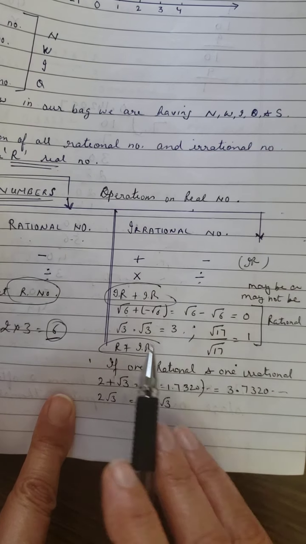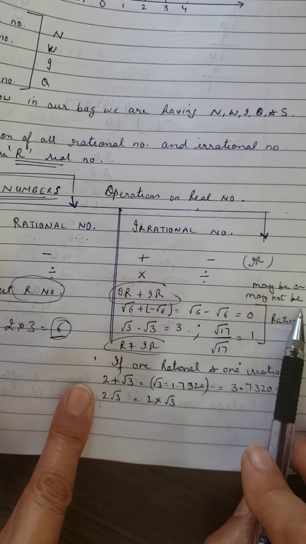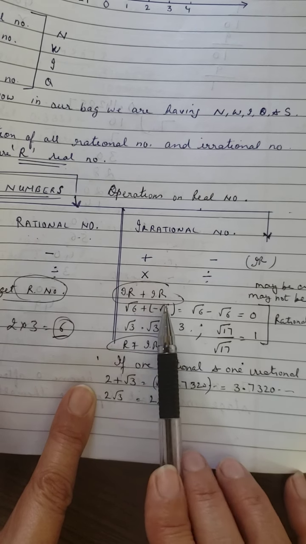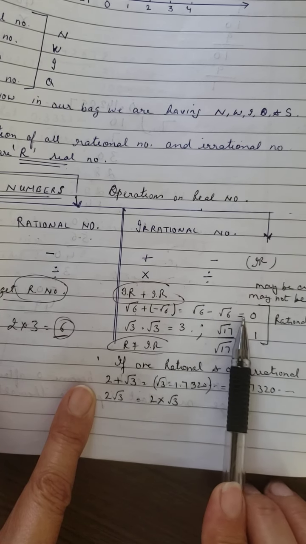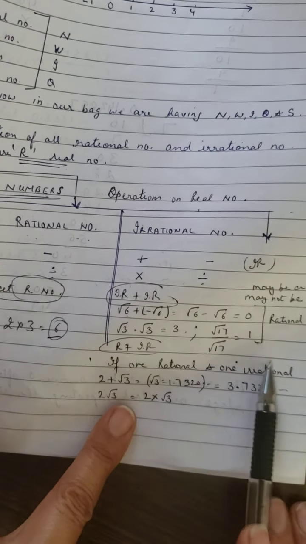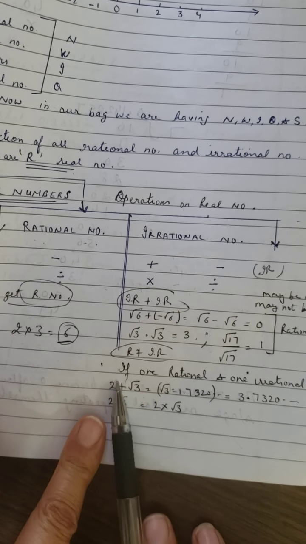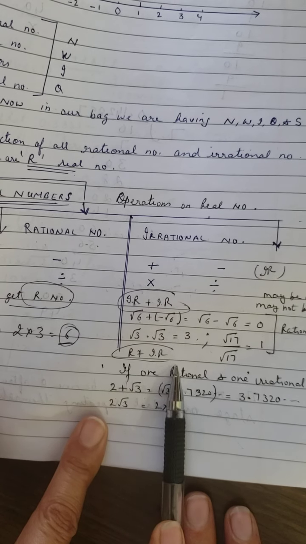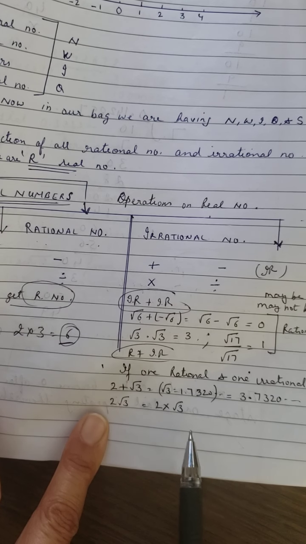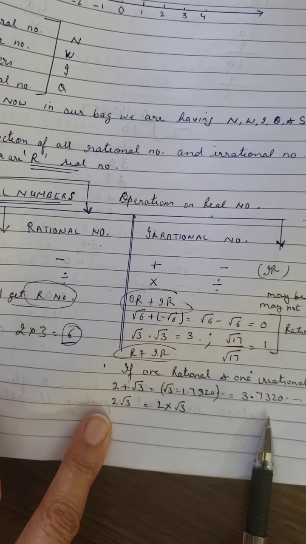Getting it? So from these examples, you can get more examples where we may or may not get the answer as an irrational number. There is the possibility that where an irrational number is added, subtracted, multiplied or divided with an irrational number, your answer can be a rational number, it can be an irrational number also. But if we add rational plus irrational, or subtract or multiply or divide, your answer will always be an irrational number. Right? So I hope it is clear. And now we're